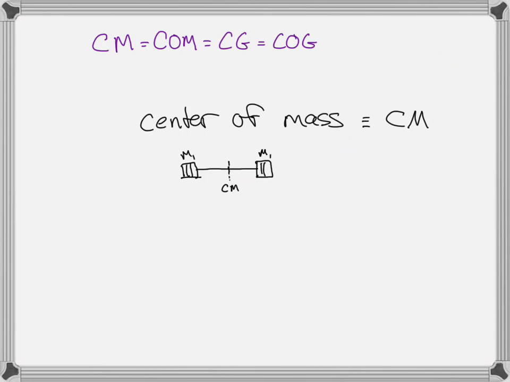It is also the center of gravity if the gravitational force is constant across the system. That's why I say center of mass is equal to center of gravity, because the gravitational acceleration is constant everywhere. The gravitational force doesn't vary with space. It might vary with the mass, but it doesn't vary in space. If you ask what's the center of mass of the Earth-Sun system versus the center of gravity, now it's different, because the gravitational force varies out in space. But the gravitational force doesn't vary on Earth. So on Earth, the center of mass is the same as the center of gravity, unless we're taking into account tiny little changes in the gravitational force.